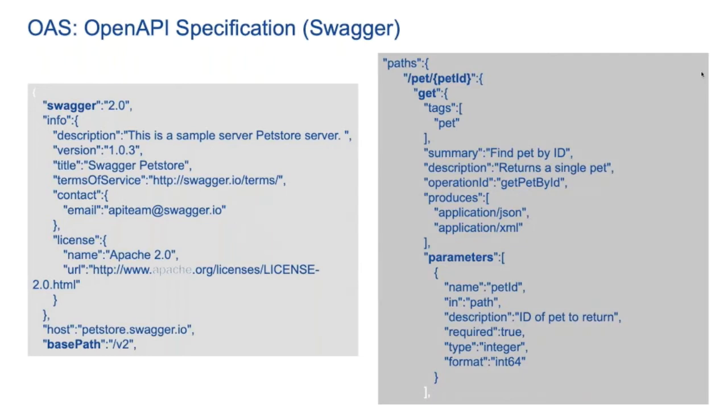And this is an example of one of the OpenAPI specification implementations. So here, what you see is we have an API called pet. It takes a path param called pet ID, and the method it supports is get, and it has a tag called pet, and it has a summary description, and this is the content type it responds with, and these are the parameters which that API accepts.